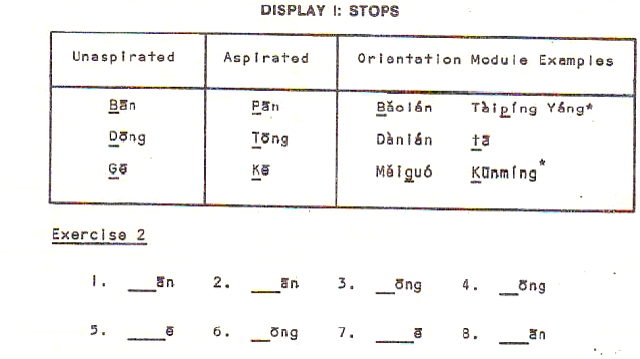Ban, Pan, Dong, Tong, Ge, Ke. Again. Ban, Pan, Dong, Tong, Ge, Ke. Try repeating them by pairs. Ban, Pan, Dong, Tong,